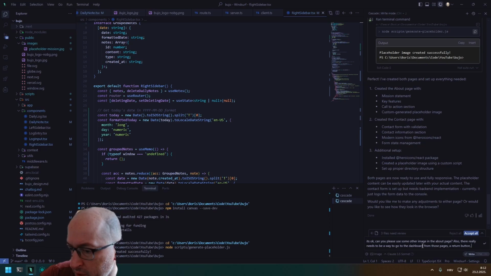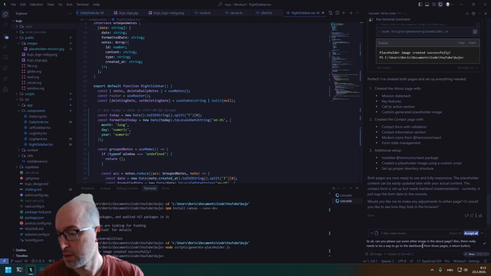Also, there really needs to be a way to go to the dashboard from those pages. A return button or something similar. The get started button in the about section should also return the user to the home page